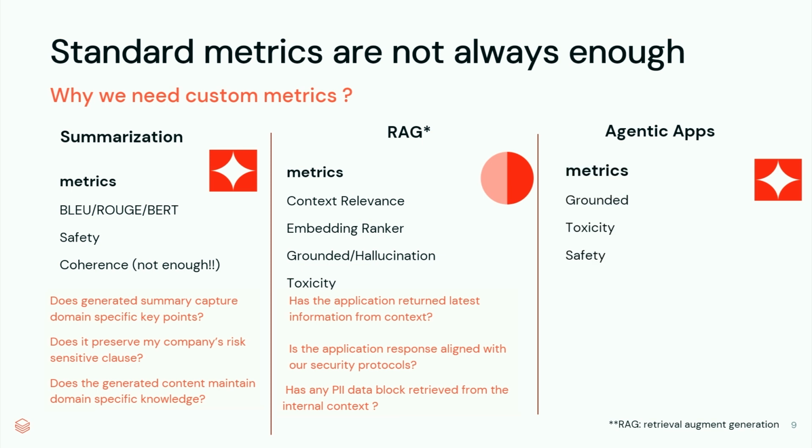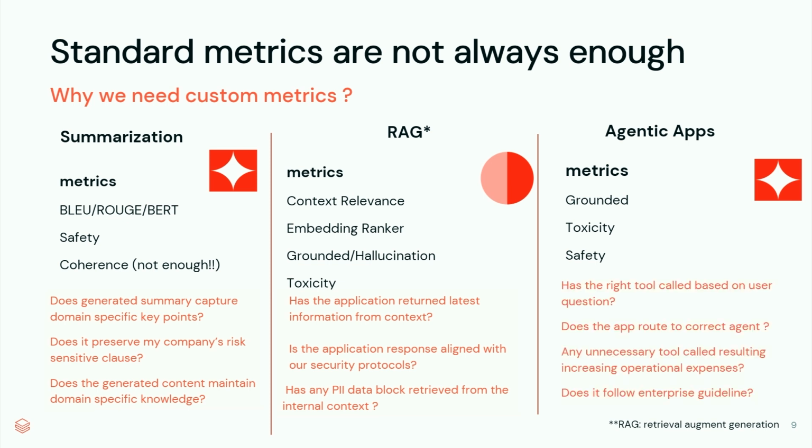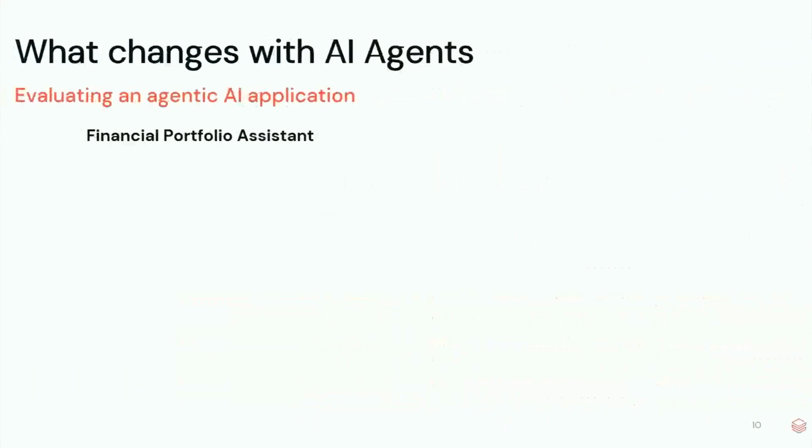No, we can't. And things become wild when we are talking about agents, because for an agent, some of the basic questions we should be asking are whether the right tool was called or not, whether the routing was correct or not, whether the tool's trajectory was right or not. We won't be able to answer these if we go with the standard metrics or the standard way of evaluating. We need more. And that's where custom metrics come in, which is basically saying create your metrics so that they align with your business goal and matter to you, and not just some random generic metric.